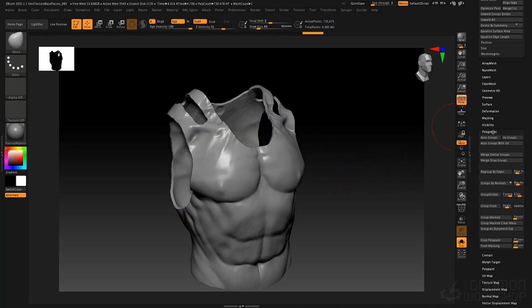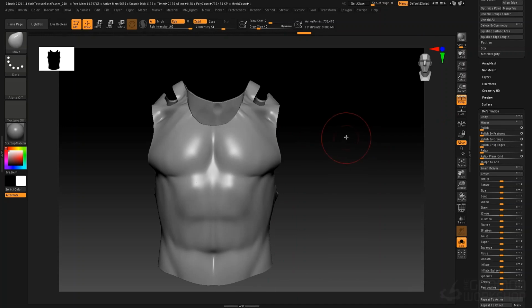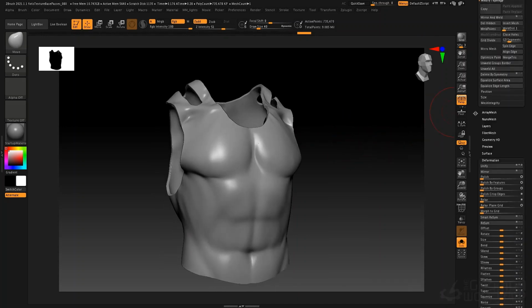Then once again, if I wanted to go to deformation, I could polish by features to take away some of the surface detail. This works more aggressively if you turn that button on, and that will take away those interior details. I can polish by groups, and that polishes the polygroups individually. And again, that has a more aggressive effect if you turn on the button. Now I can go back to Z-remesher,